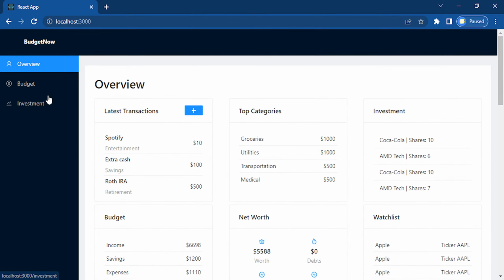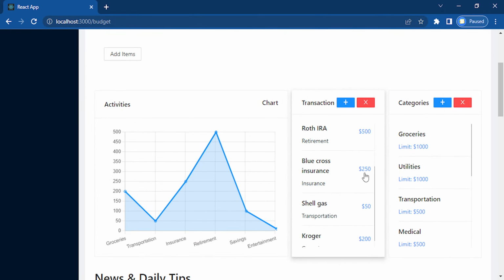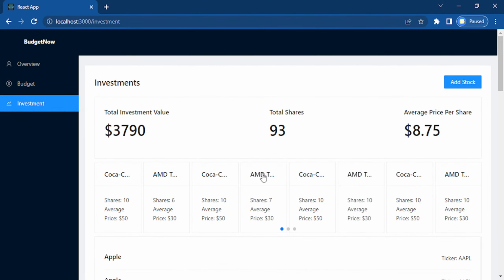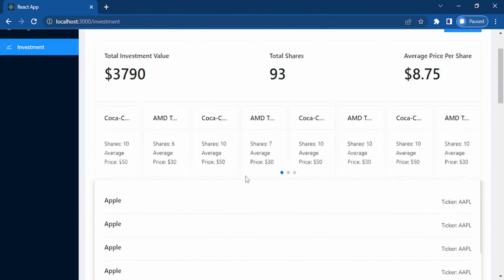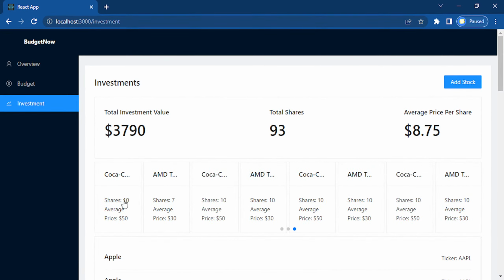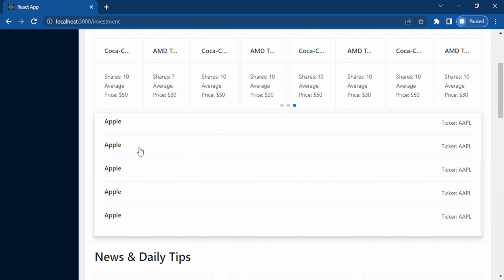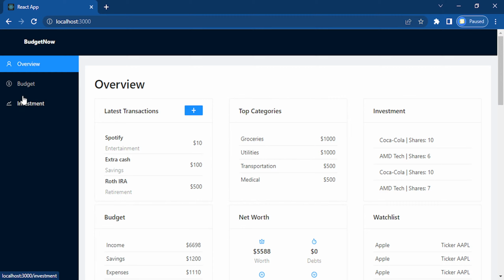Right now it's just hard coded in the app, but I do want to save it, and I'm gonna save it to local storage. So all of this will be saved. I'm using React Context to have all of this stuff. React Context has all this inside of it. So it's just a basic app where you'll be able to put in some transactions, put in some categories, be able to save those. And I think what I'm gonna do at the end is add the ability to